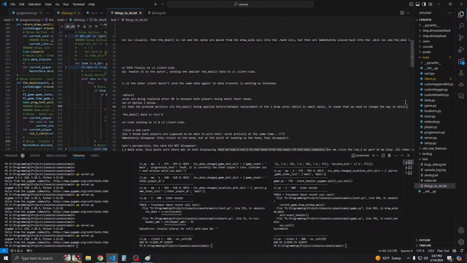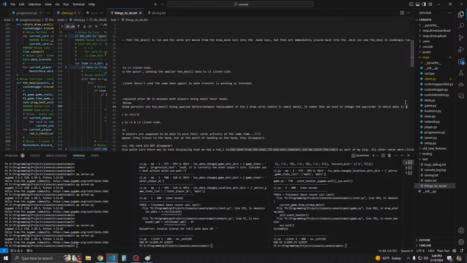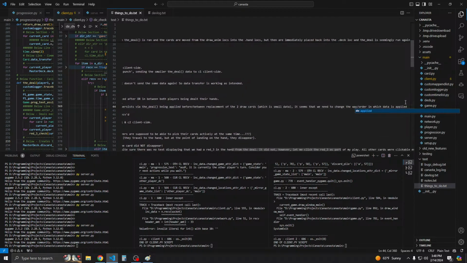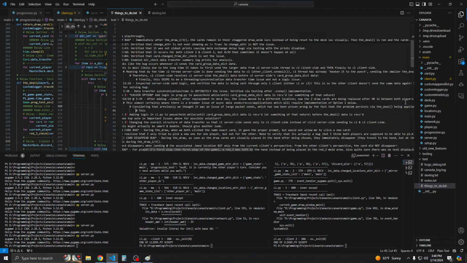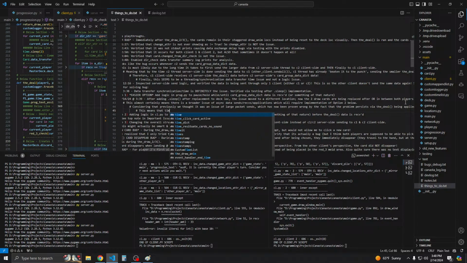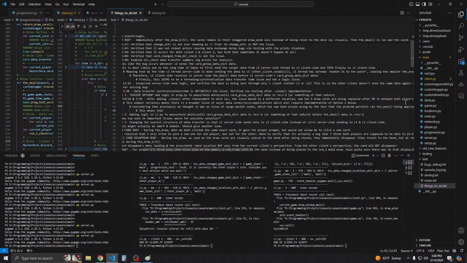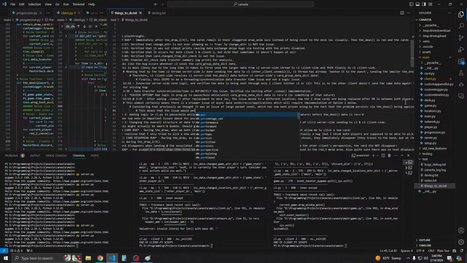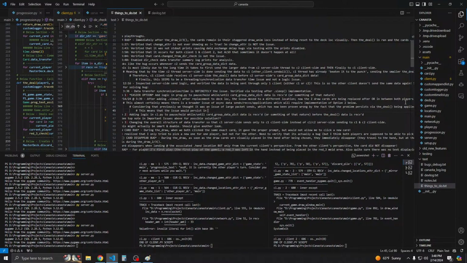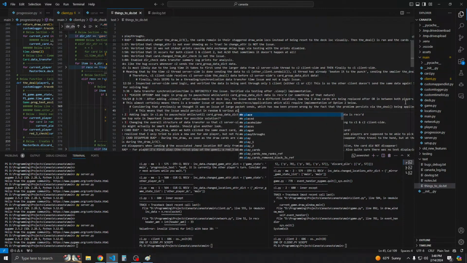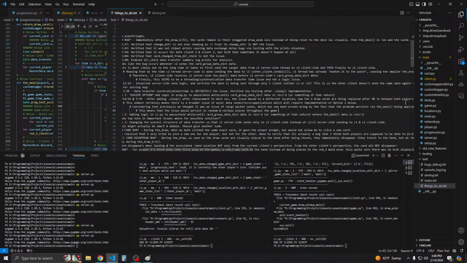Change the order in which data is applied. This means that the issue would persist in random and various places throughout the game, wherein